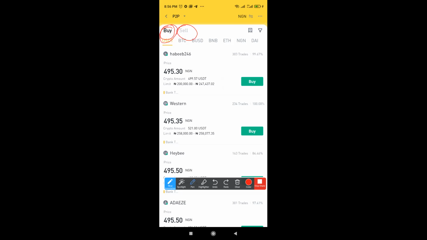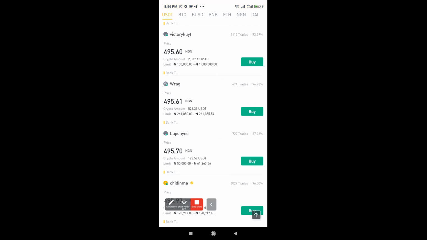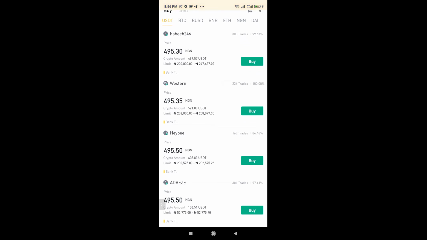So when you click on buy, Binance will show you a list of people that you can send money to, and they will fund your wallet with US dollar. Now follow me here. You need to really listen because it gets a bit technical here, a bit dicey here. So just follow me, please.